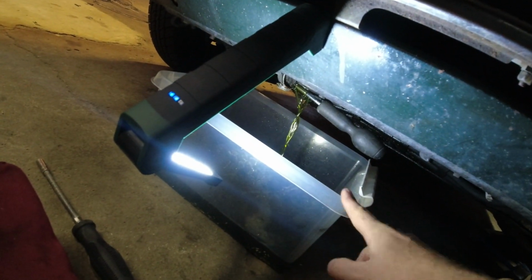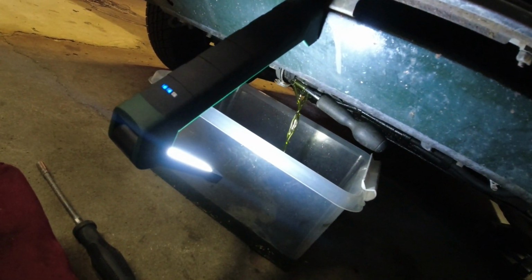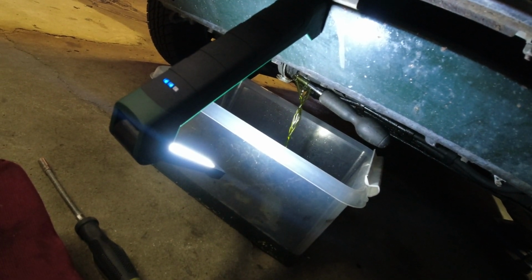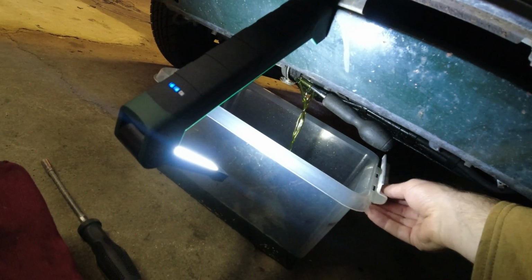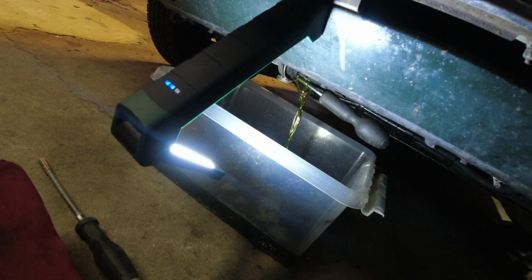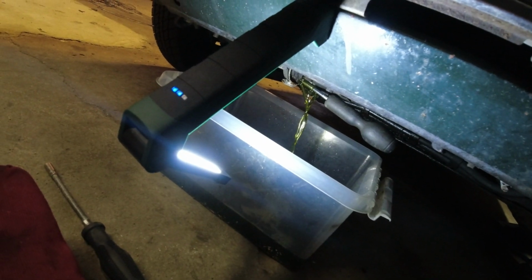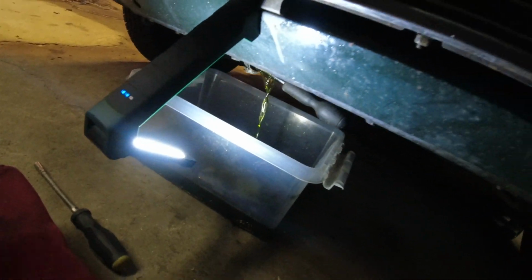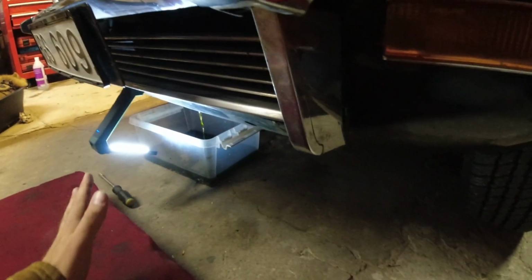But we're draining this stuff out. I'm not going to throw it out because this stuff is expensive. I'm going to pour it into bottles, which I've cleaned very, very thoroughly so they're completely not contaminated with anything else. And we'll save this, and if this doesn't work, if it doesn't run any better with regular coolant, then we'll pour this stuff back in, because I love the idea that it's for life,